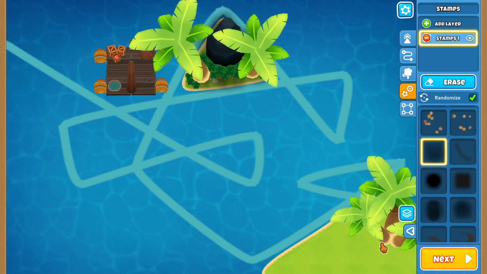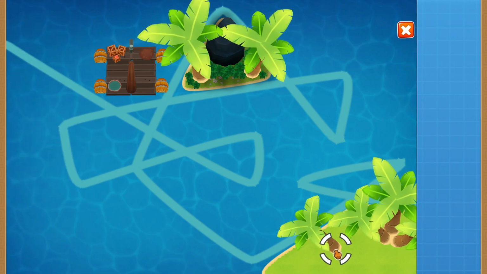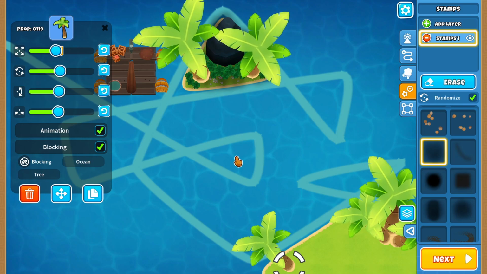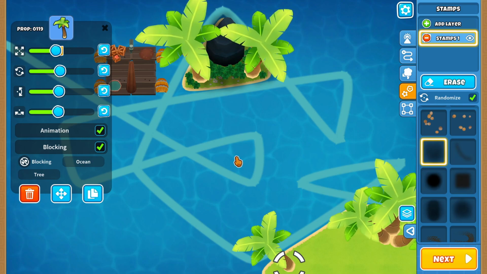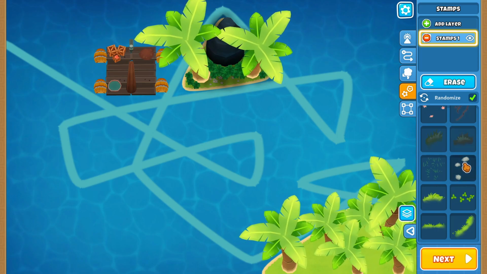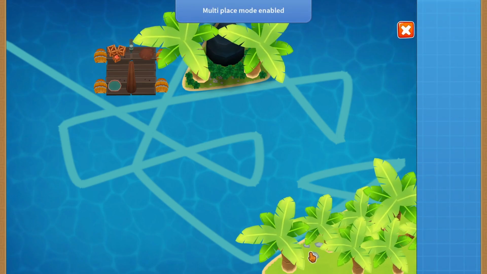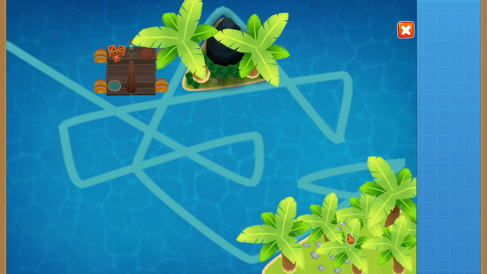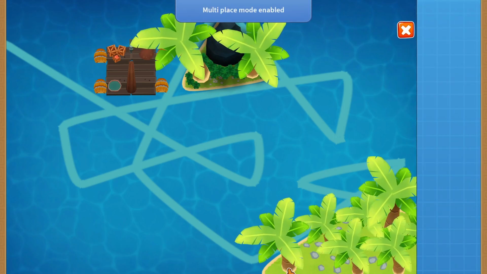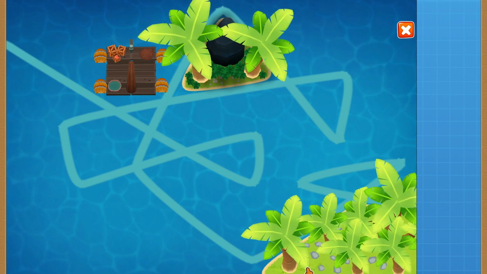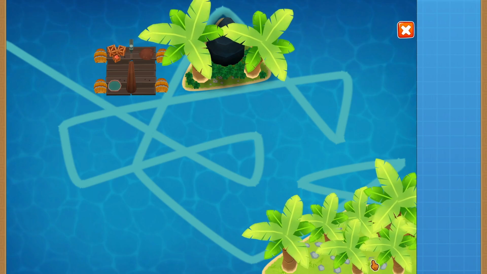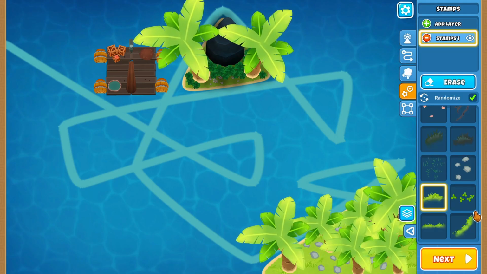And then we'll go ahead and add ourselves a couple more trees as well, just to add a little bit more ambiance to this island, as well as make it seem like there's more detail on this map than there actually is. All right, so we added some palm trees down here. Now let's go ahead and add a couple of rocks with the stamps icon, and we'll make it seem like this is a rocky island or a rocky beach. And the next thing we can do is add some of these grass features as well, because that'll break it up a little bit as well,